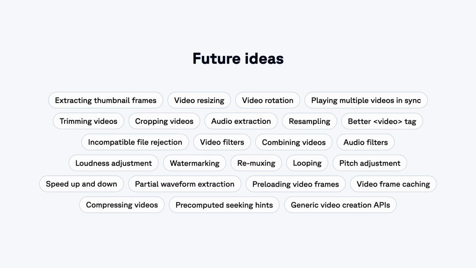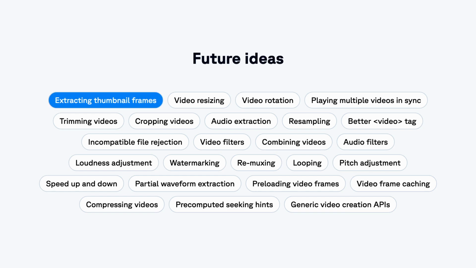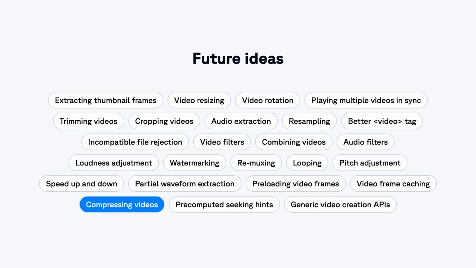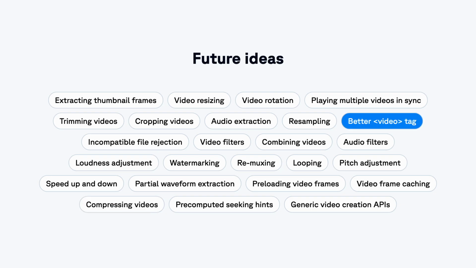Besides video conversion, we have many exciting ideas of how we can build better video capabilities for the web, like faster thumbnail extraction, video compression, and even building a replacement for the HTML5 video tag. All of these crazy ideas need a solid foundation in form of a modern multimedia library.